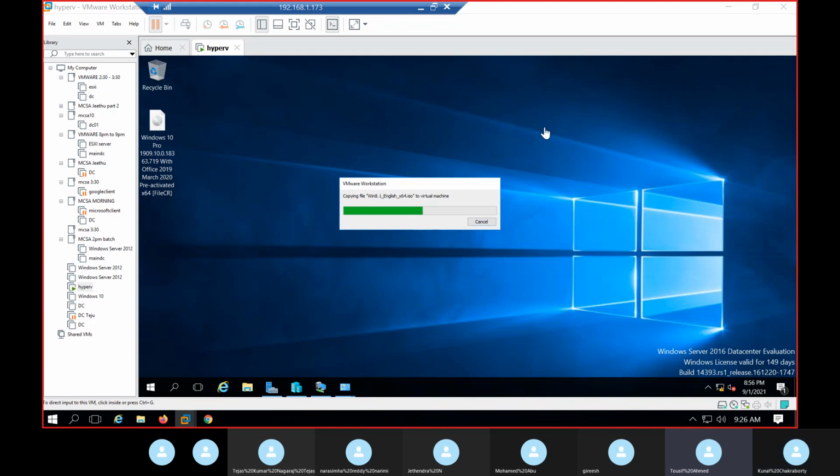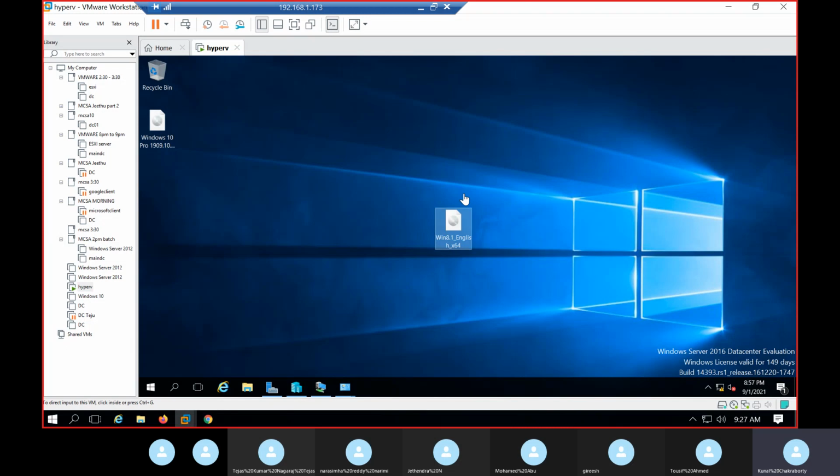Clear? Then in Hyper-V, if you want to install, you can install. If you want to join anything to your domain, you can also join it, no problem, because it's in the same network. Everything, whatever you want, you can do it. This is what hypervisor is. Hyper-V का full form hypervisor होता है. I know already I have discussed about hypervisor, I guess.